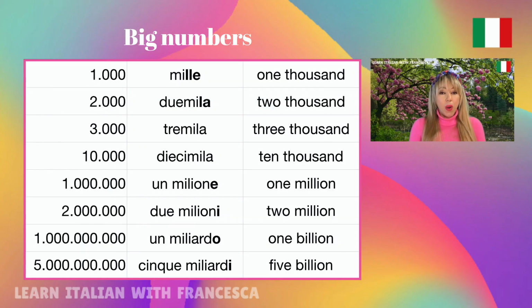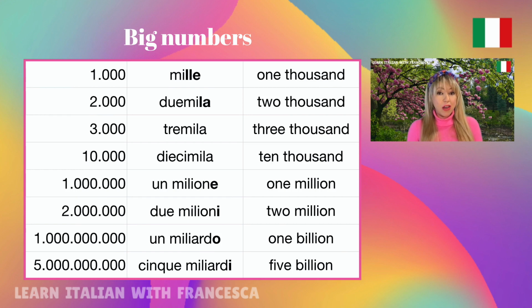Similarly, when in English we say 1000, we need that one. But in Italian we don't. We simply say mille. However, when we then talk about the plural thousands, that mille, M-I-L-L-E, changes to mila, M-I-L-A. For example, 2000, 3000,